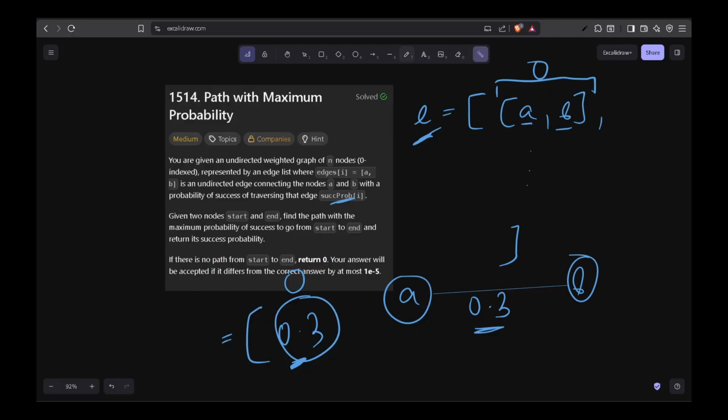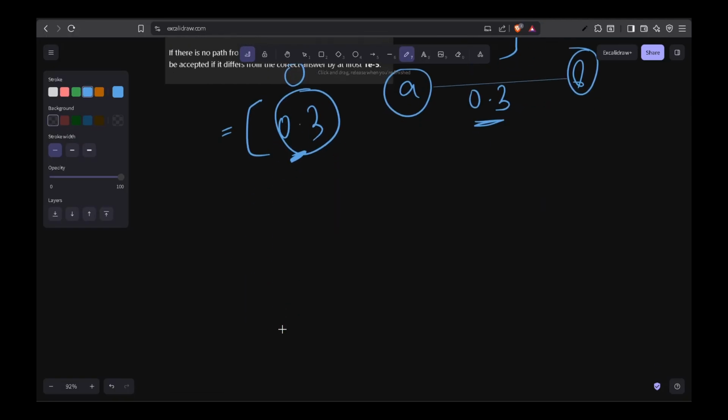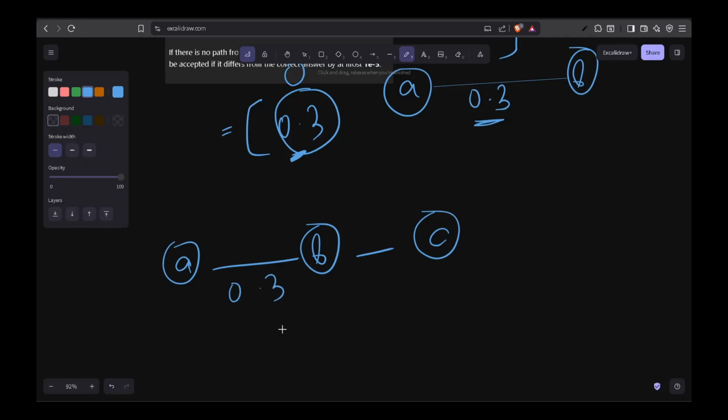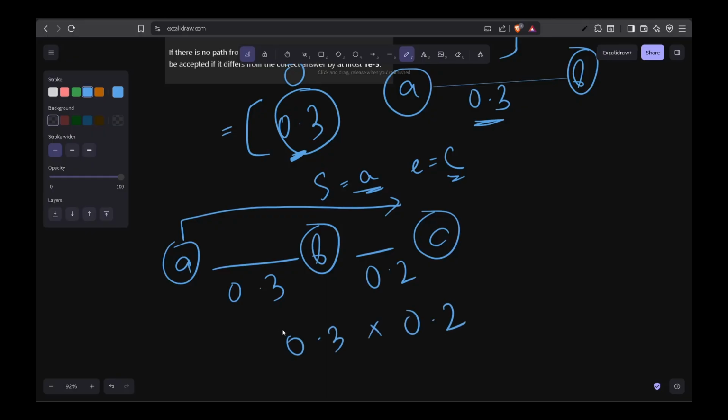So let's understand this further. Say we have three nodes A, B and C. The probability of this edge is 0.3 and the probability of this one is 0.2. There is only one path, and the start node is A and the end node is C. So we need to move from A to C. There is only one path from A to C, which is like this. How will we calculate the probability for that? We'll just multiply. So our answer in this case will be 0.3 times 0.2,